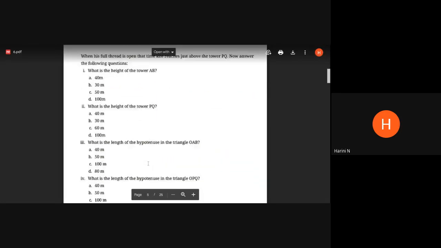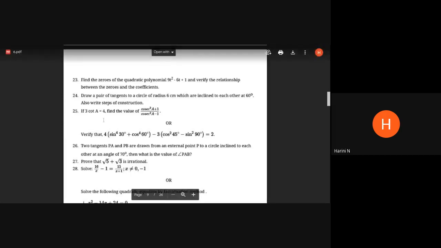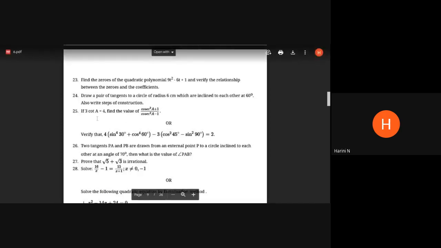All right, now we will take up one more question. Actually, I wanted to do statistics, but there is one more question here. Try this, question number 25. Both of them you can take down. It's a choice. Of the two questions, one is completely on specific angles, the other one is on trigonometric ratios. Or if you can think of identities, I am very happy. Come on, take it down quickly.